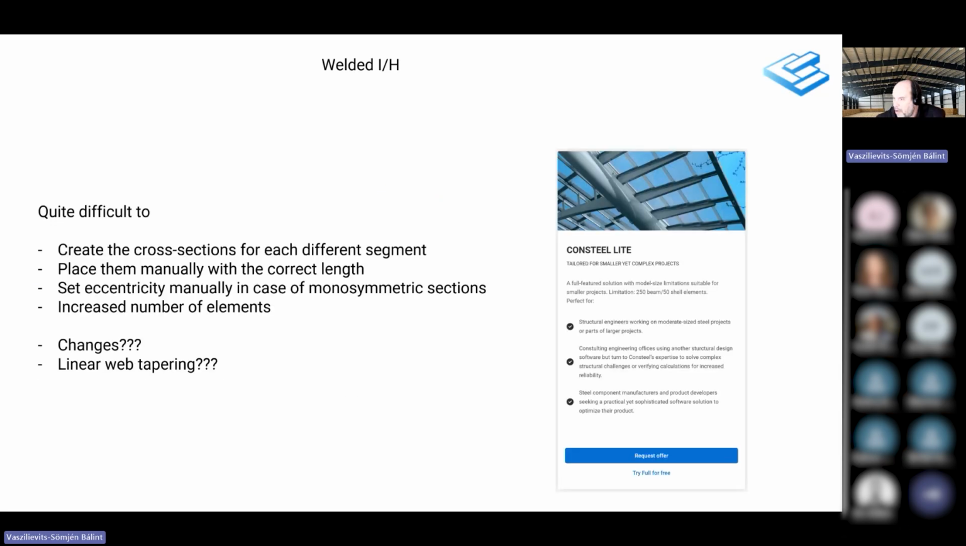So it was a very time-consuming exercise to make the different cross-sections for each different segment, place them manually to the correct length, place manually the eccentricity to have the desired adjustment of maybe top of beam or top of web or anything I really wanted. And there is also a sort of automatic consequence that we have more and more members in my model,